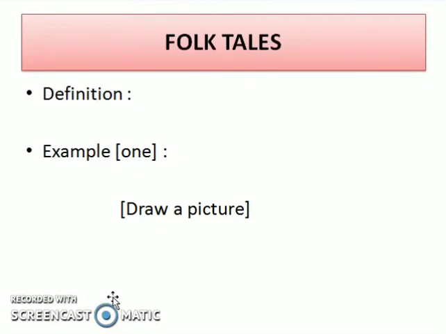Clear? It means you will write the 4 kinds of stories, and on each page you have to write the definition and one example of each kind of story, and then draw. So on one page you will discuss or write about one story. Clear? So in this way I think you will need a total of 6 pages. Within 6 pages I hope you will finish your work.